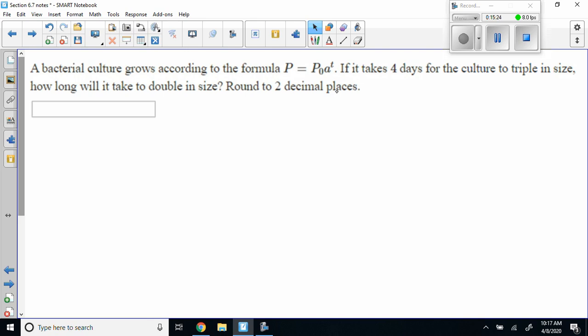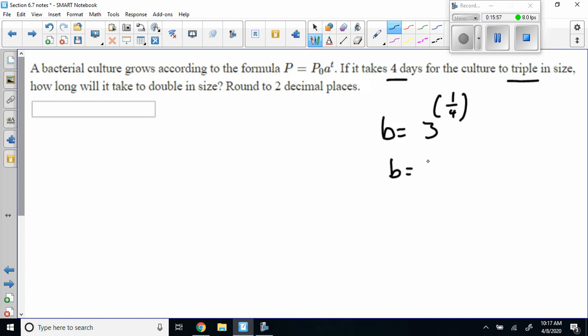Well, we can attack it a lot of different ways. But the biggest thing that I'm going to look at is I'm going to find me a base, because they said, hey, triple means 3, and every 4 days it triples, right? So when I do that, what that gives me is